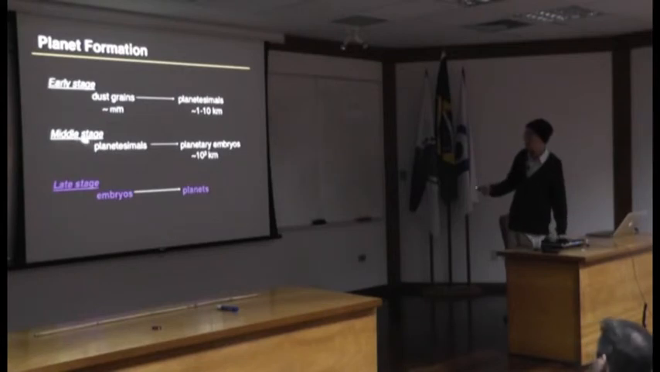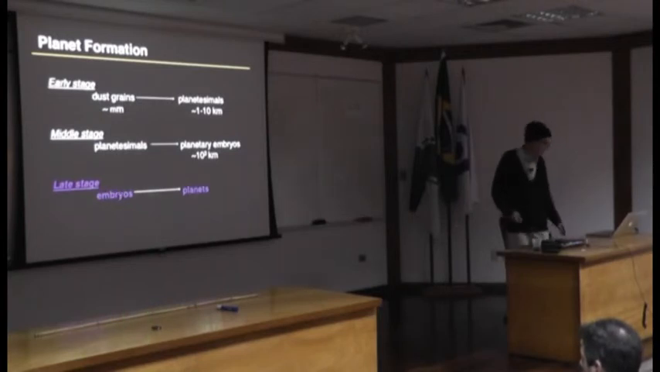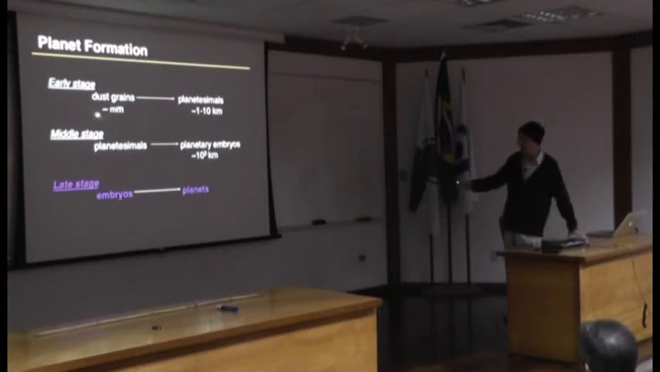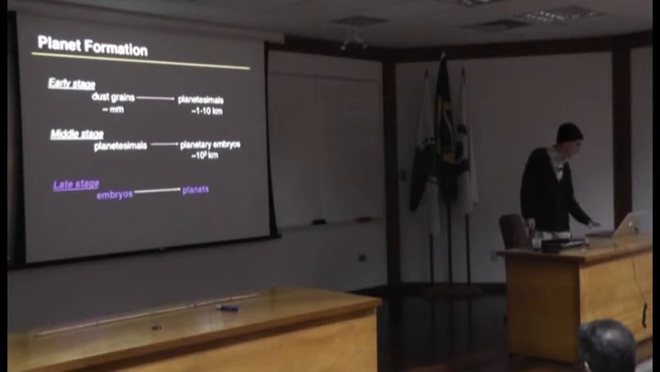And there's a middle stage, gravitationally dominated planetesimals to what's called planetary embryos, and then the late stage is the embryos to planets. Ted mentioned parts of these. Planetesimals to planetary embryos is this runaway growth where the largest bodies grow the fastest, and then the oligarchic growth